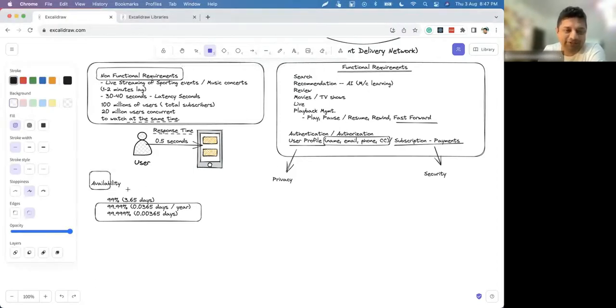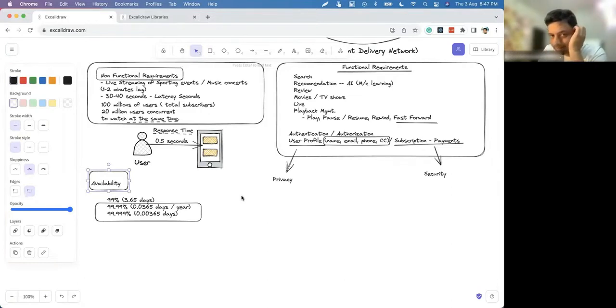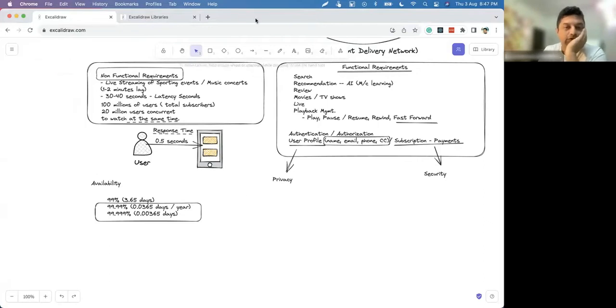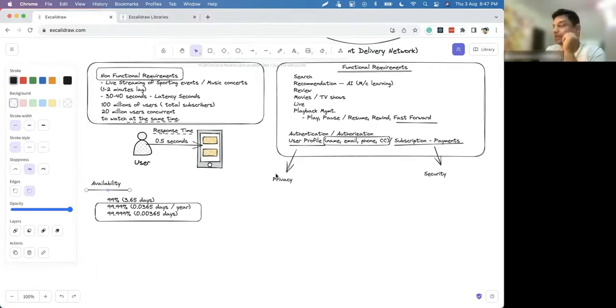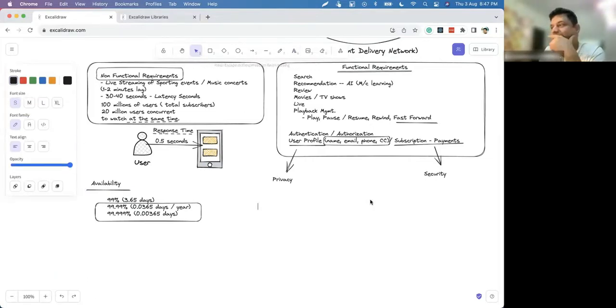Definitely for live, you don't need the storage, but you have recorded content as well. So for recorded content, let's do the storage calculation. Let's not talk about live content at the moment. Let's say recorded content. How many movies do you think we have in Hotstar?